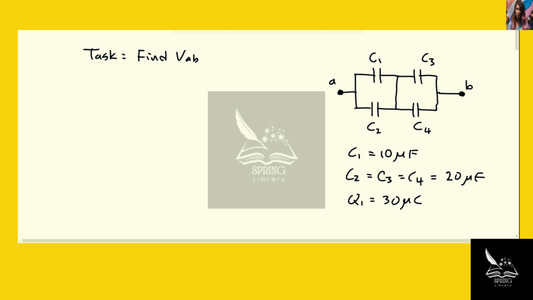Okay, so one thing we first need to do is to redraw the circuit diagram. This given circuit diagram has two parallel capacitor networks, and these two networks are in series. So we can actually redraw the